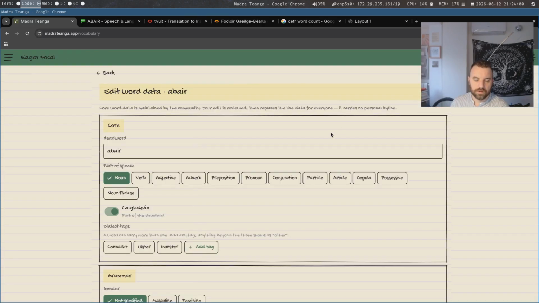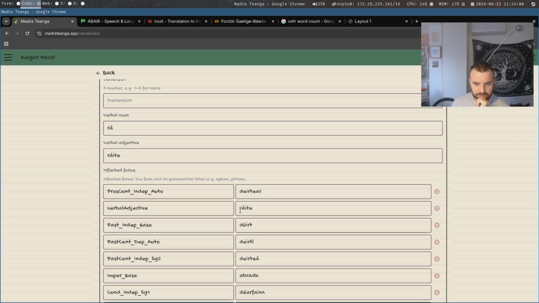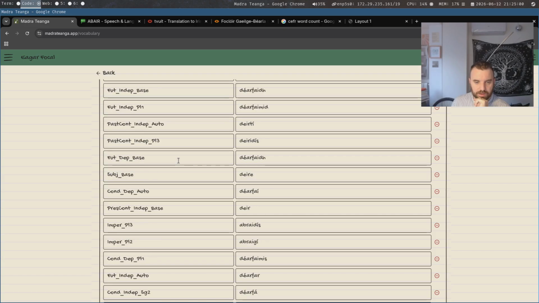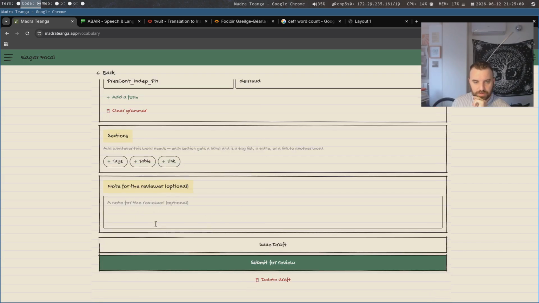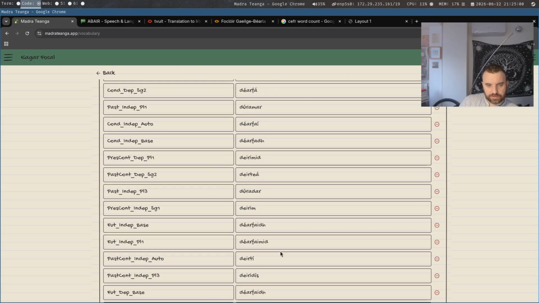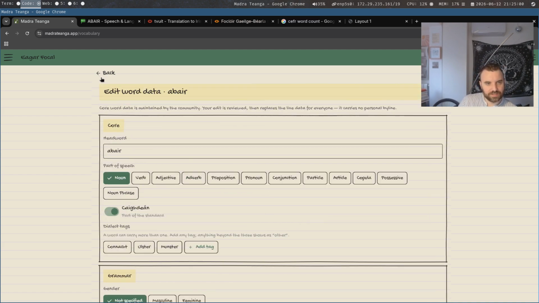You can change what type of word it is, add tags, grammar, and if you change these, the forms will change. You can change all this stuff, and you can save it up and put in notes, and then submit it, and then we'll review it, and if it looks good, we'll approve it and update the word for everybody, or you can save it for yourself if you want. Yeah, a lot of stuff. This is all loaded in with the Python scripts, and then I made the form. It's quite satisfying to see it rendered like this.